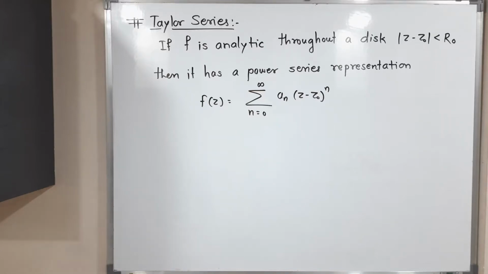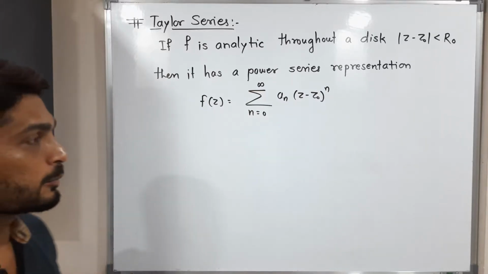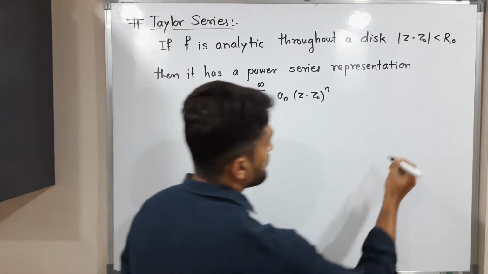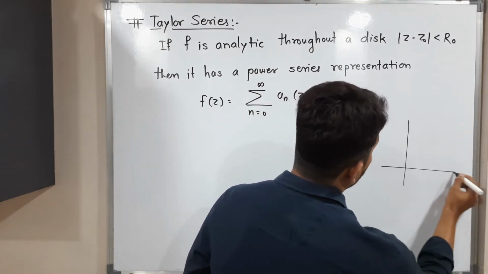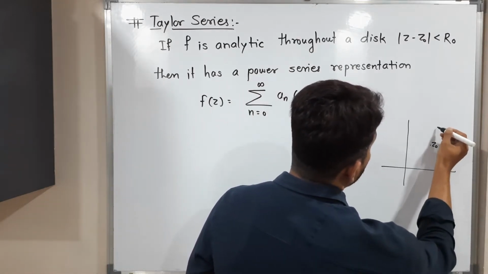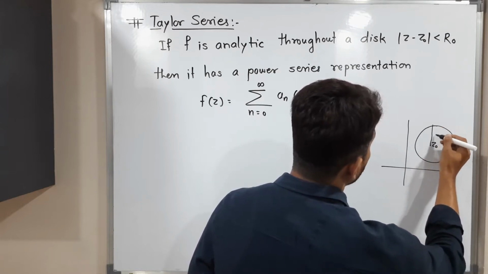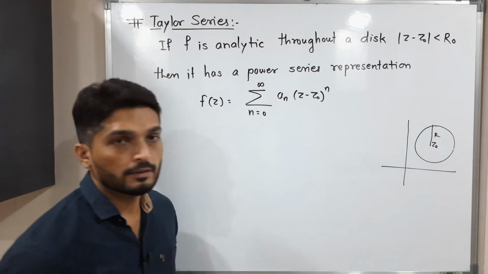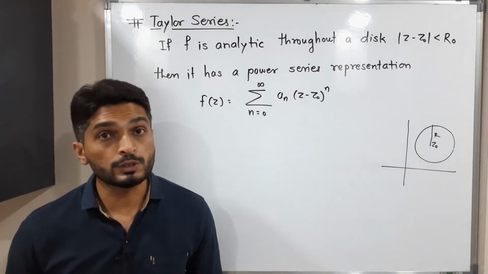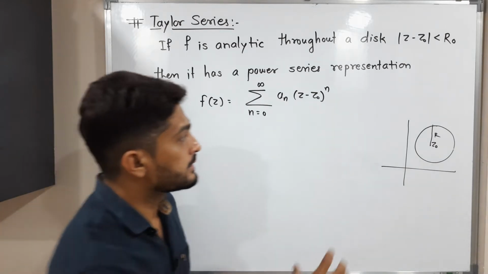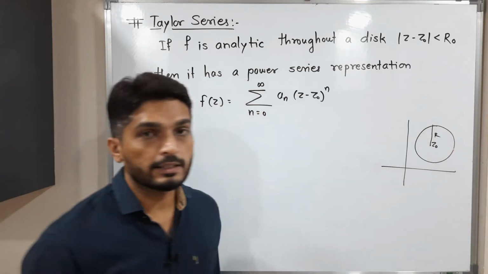Hi everyone, let us discuss this concept, Taylor series. Consider one point z0 in a complex plane. Consider a circle with center z0 and radius r. If we have any function f which is analytic inside this circle with center z0 and